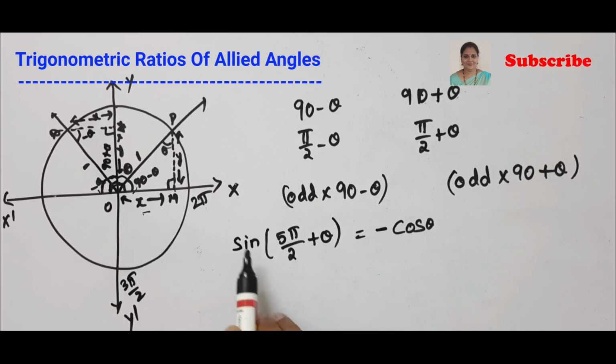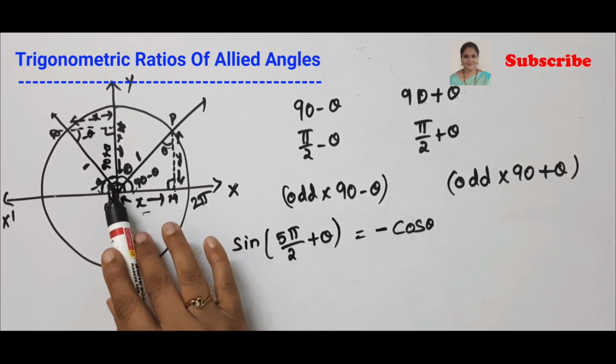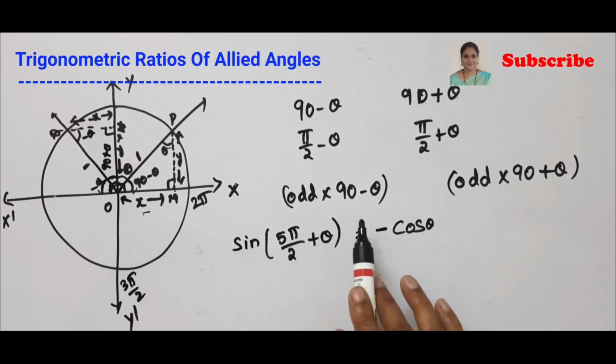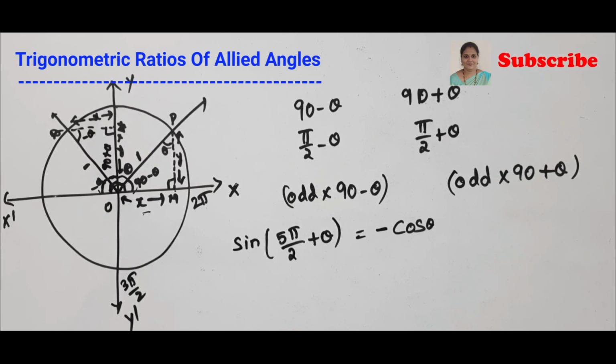Okay. So if you calculate in a similar manner as we did for 90 minus theta and 90 plus theta, for angles that are odd multiples of 90 minus theta or 90 plus theta, you will observe the change in trigonometric ratios, and depending upon which quadrant the angle is in, you will keep a plus or minus sign. Okay, remember this logic, it will be useful in solving your problems.